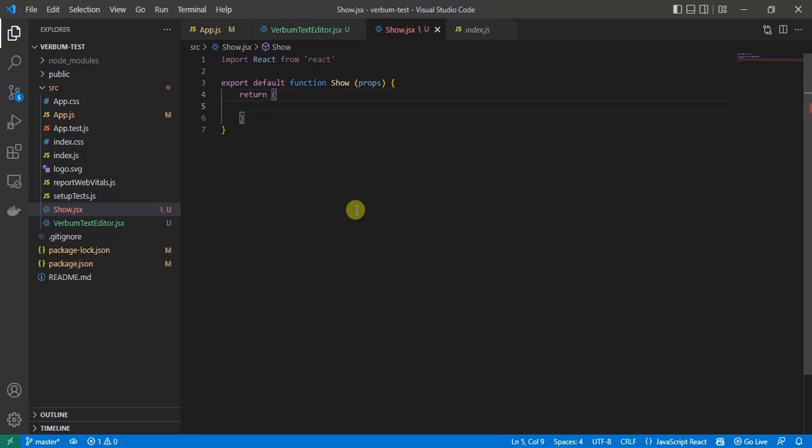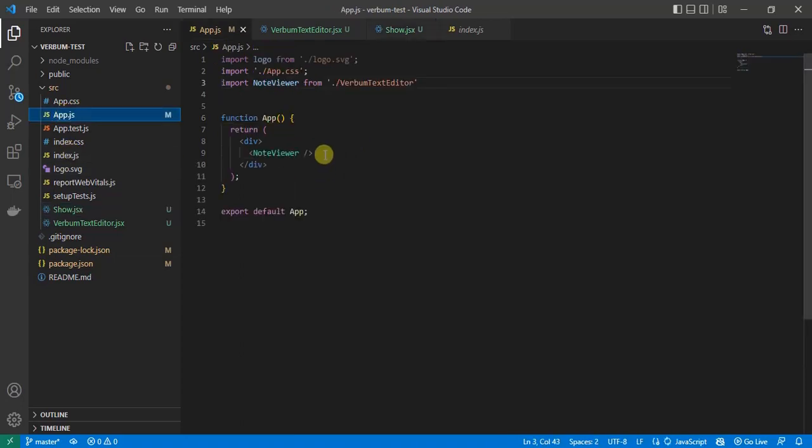Let's just return a div, then box.contents. Okay, so in this, I'm going to be displaying it at the bottom of the node viewer, so you can say show